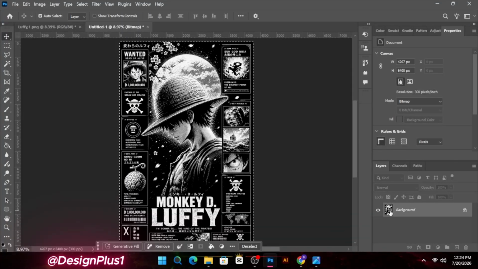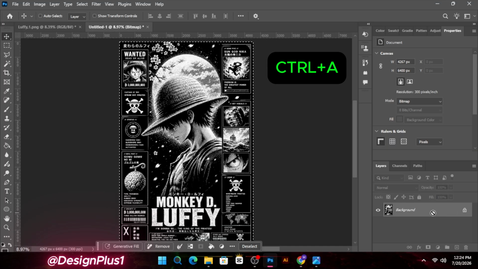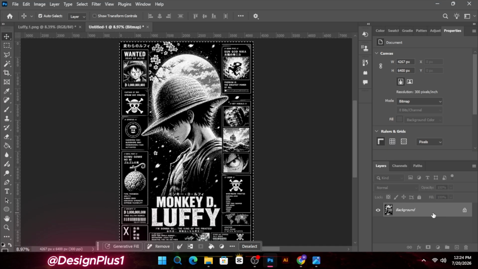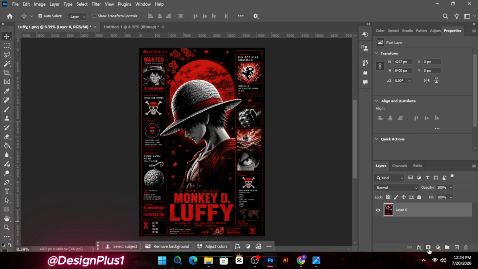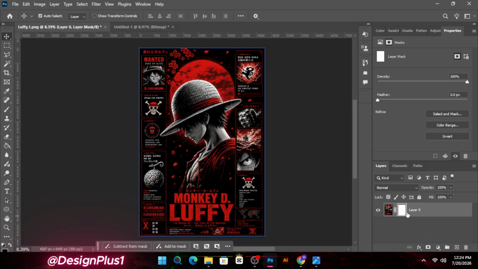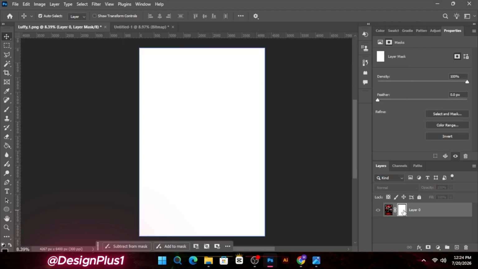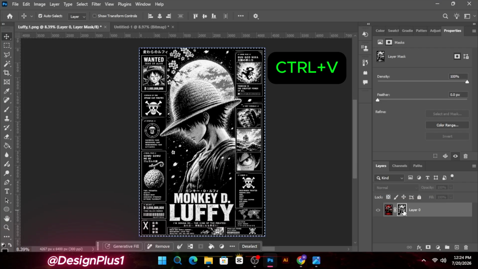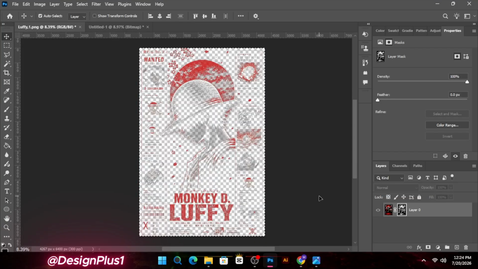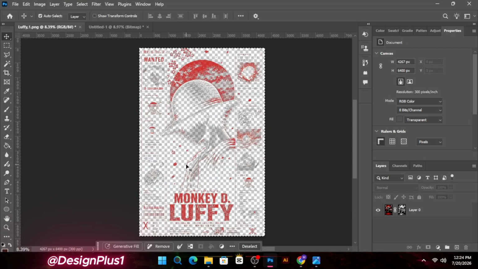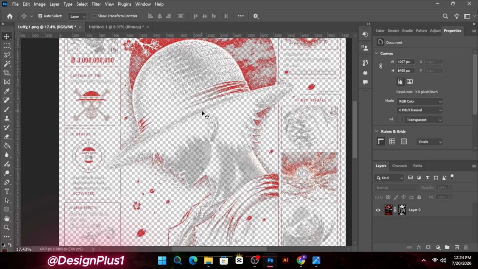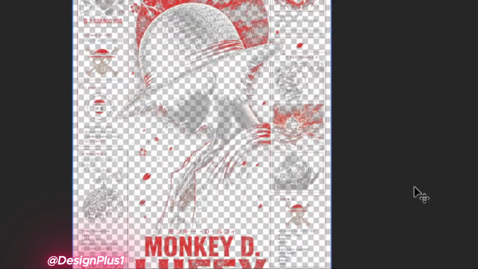Now for the final step, we'll press Ctrl+A to make selections, then Ctrl+C to copy the layer. We'll go back to the first design, then mask the layer, press Alt and click, then Ctrl+V, then click anywhere. We'll see the black layer disappear and the halftone effect will be successfully applied. It's suitable for printing on a